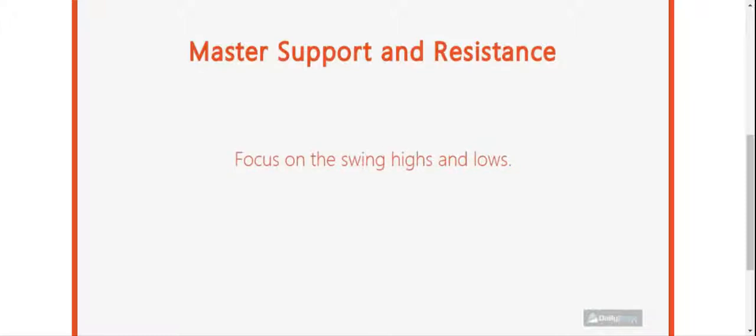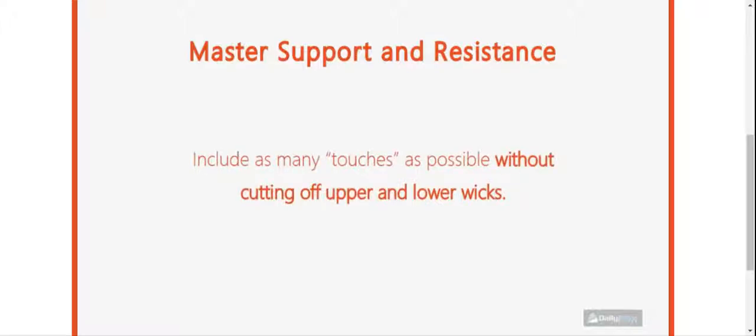So next up is to focus on the swing highs and lows. So the first thing you want to do when looking for key levels is focus on those highs and lows that really stick out. And again, we'll take a look at an example in just a moment. Next up is to include as many touches as possible without cutting off the upper and lower wicks. So what